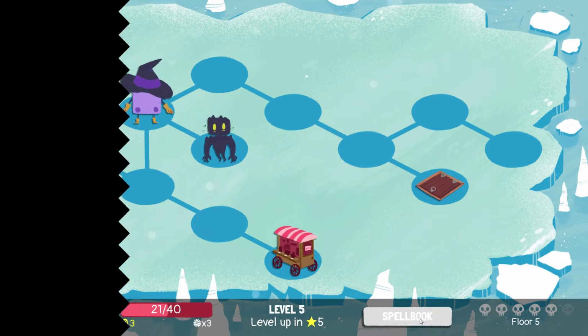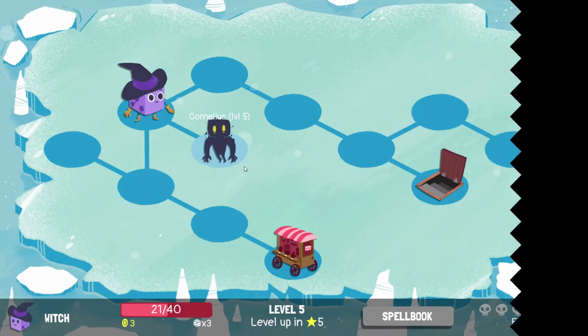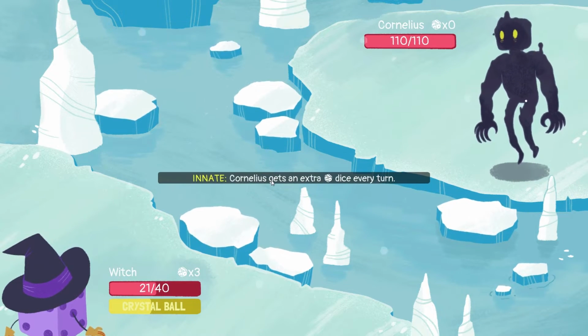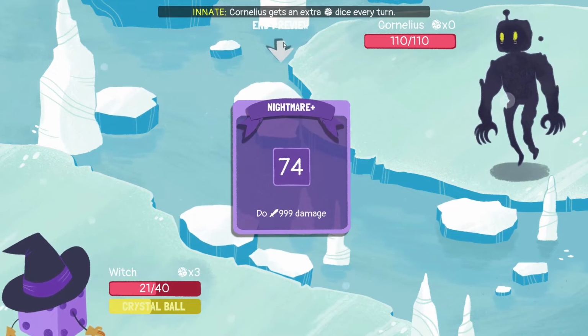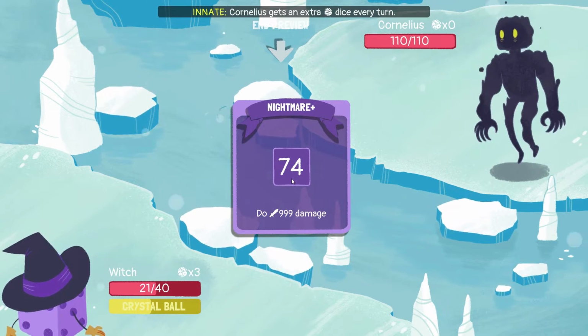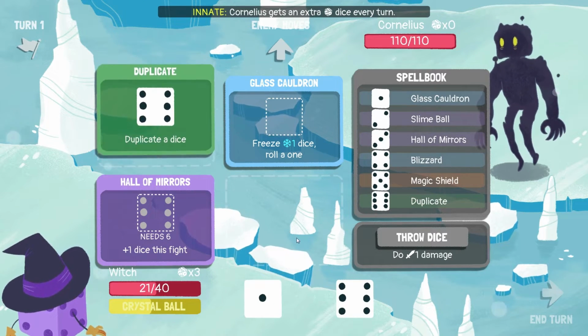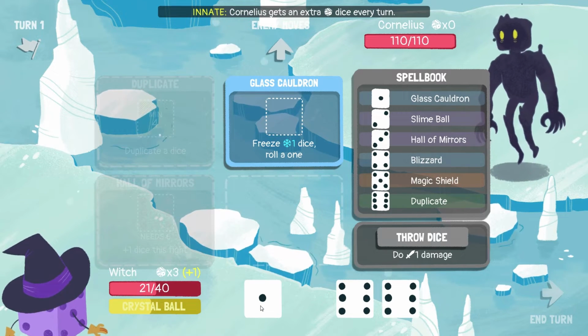So, let's fight Cornelius. Oh, good god. This is what we want. Hello, Cornelius. He gets an extra dice every turn and 110 HP. Oh, 74. Alright, that's scary. Luckily, we can freeze this guy. So roll a...